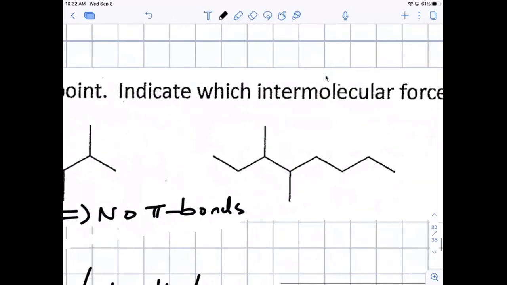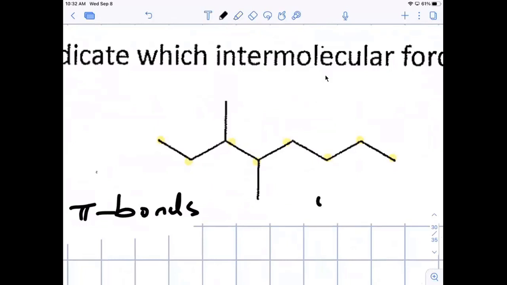So let's take this molecule right here because we're going to look up the boiling points, and then we're going to compare them, and then we're going to figure out why one is lower than the other, or higher than the other. So 1, 2, 3, 4, 5, 6, 7, 8. That's my backbone. 8 carbons is octane. That's the parent. Where are the substituents located on that? Anybody? Have I already found the longest chain? Anything that's not in the longest chain is on it. Third and is it 5 and 6? So right here and right here.